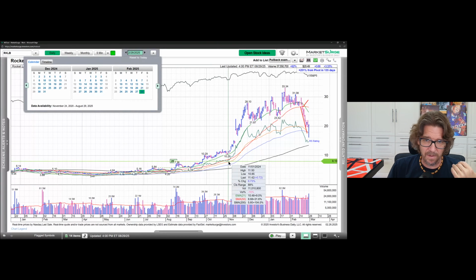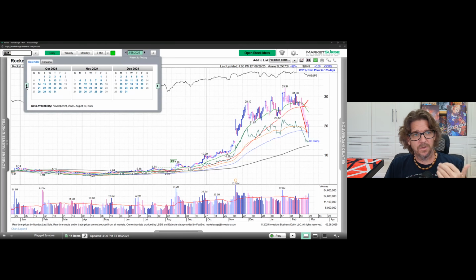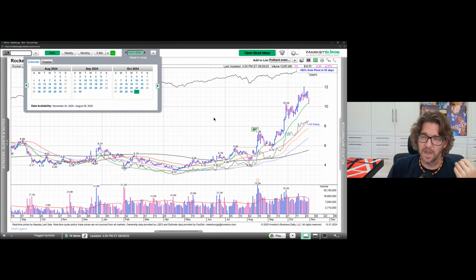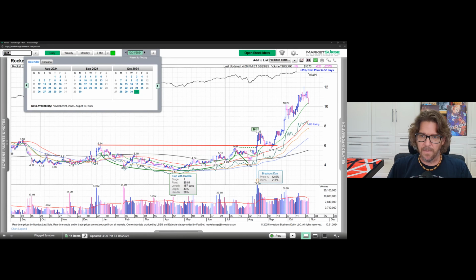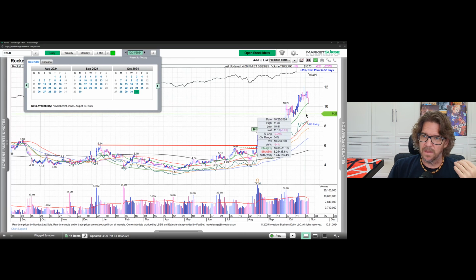Whereas down over here, let's just go there. Let's see, October 31st. And this is what you should do as you go through that screen, is just go and see different examples and just do a change date to them, because it looks so different when you do a change date. So here it is, not buying a $5 stock, but here it is just for example. It's above this key area, which was this pivot area in here. And now we're up there. Your 21-day green line is above your 50, 50 is above your 200-day, and it's pulling back into the 21-day,